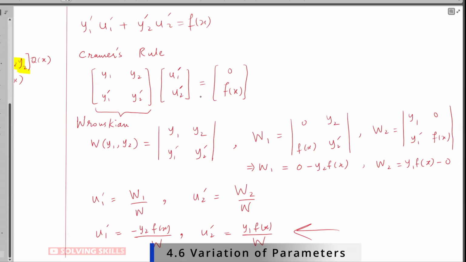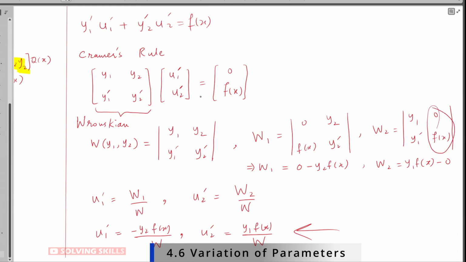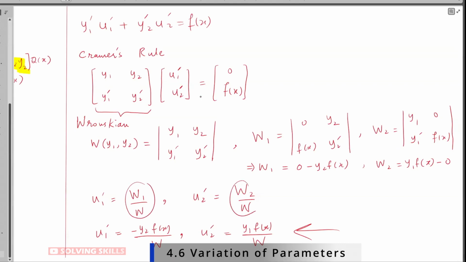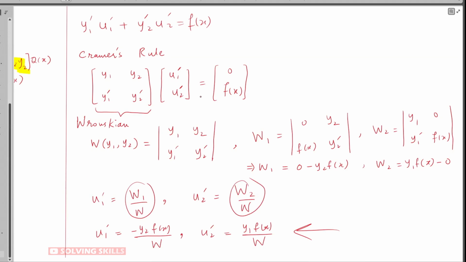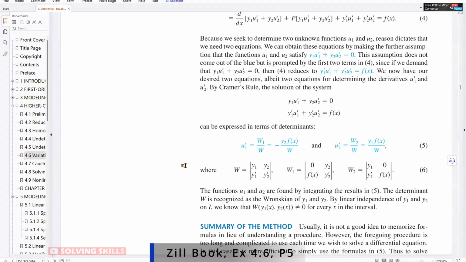Then you replace the first column of W with 0 and f of x, and you get W1. Similarly, you replace the second column of W with 0 and f of x, and you get W2. And then you divide W1 by W to get u1 prime, and W2 divided by W gives u2 prime. So let's jump to the